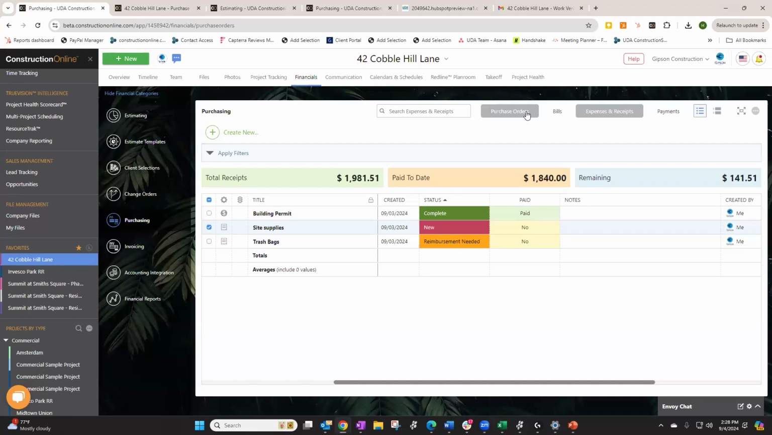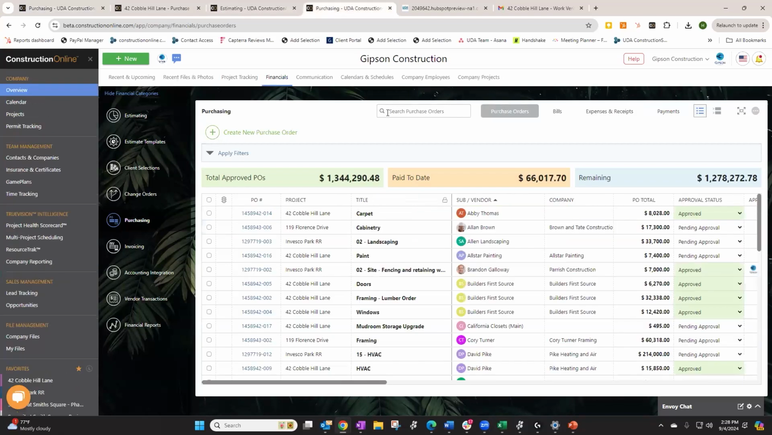Yeah, absolutely. So we do know that many of you manage multiple projects at one time and not just one project going on. So on-cost purchasing does have a company-wide view. We have been in the project view, but we'll go to the company-wide view. It's going to look a lot similar to the individual project, where you have the option to go between purchase orders, bills, expenses and receipts, and payments. It's also going to have the same